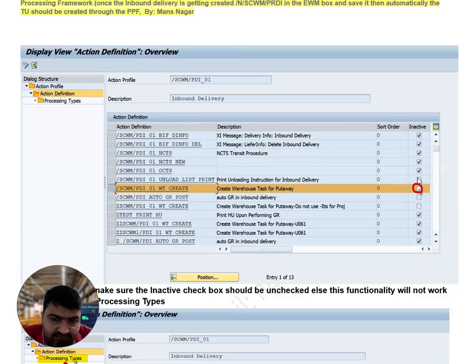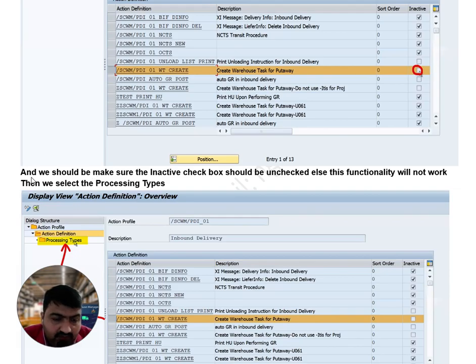Check, you should see this. It should not be checked, because if it is checked, then your post-processing framework action will not be triggered at runtime. So the warehouse task will not be created automatically in the EWM system or confirmed automatically. So you need to be clear on this. Okay, it should be unchecked, and we should make sure the inactive checkbox is unchecked.